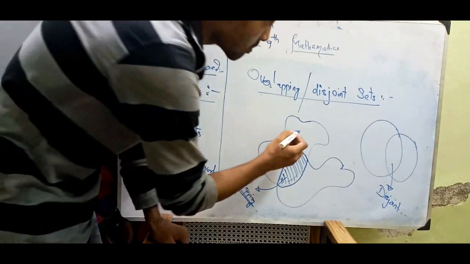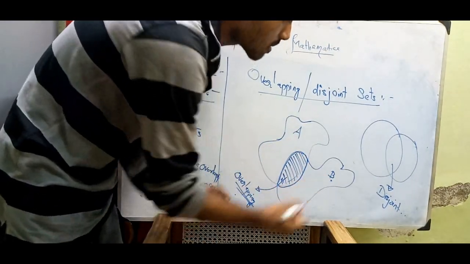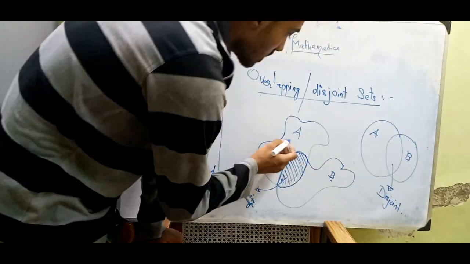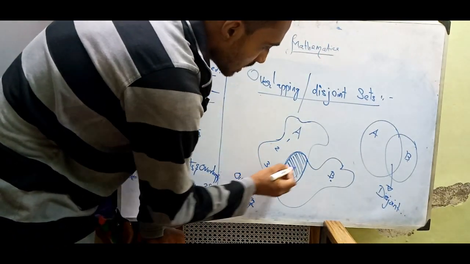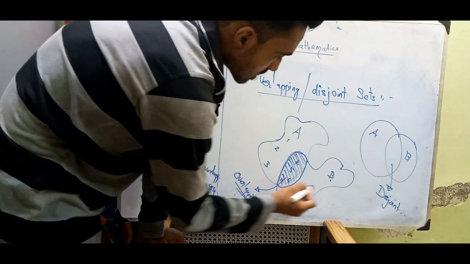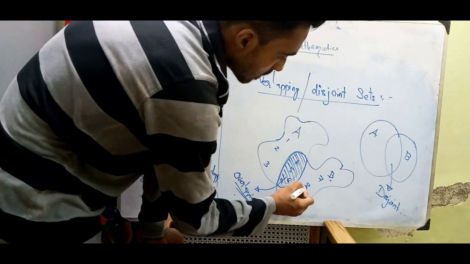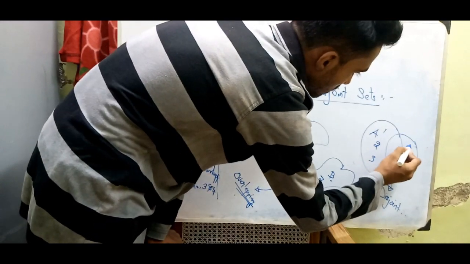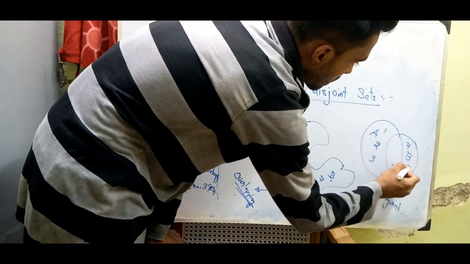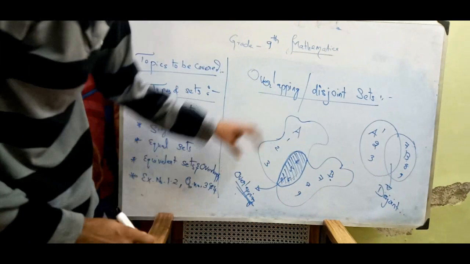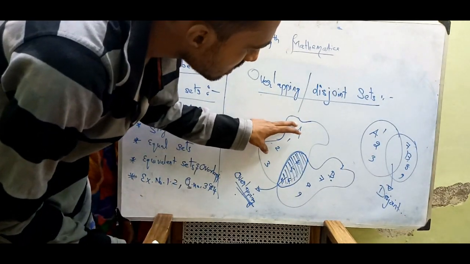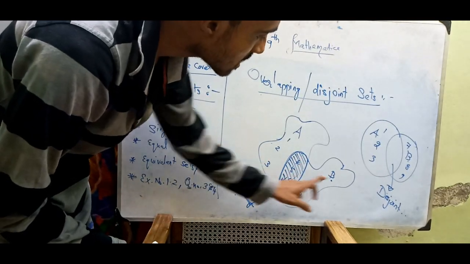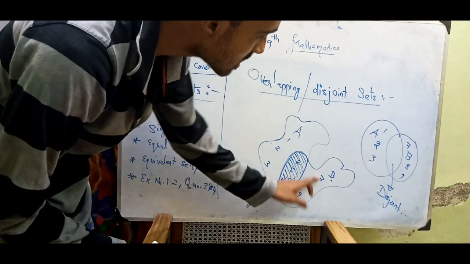See, once again I am telling, this is set A and this is set B. Here also set A and set B are there. There are some numbers 1, 2, 3. Here also there 4, 5, 6. But here 7, 8, 9. Here also there 1, 2, 3 and 7, 8, 9, or some numbers I denote here. A has 1, 2, 3, 4, 5, 6. B has 4, 5, 6, 7, 8, 9.